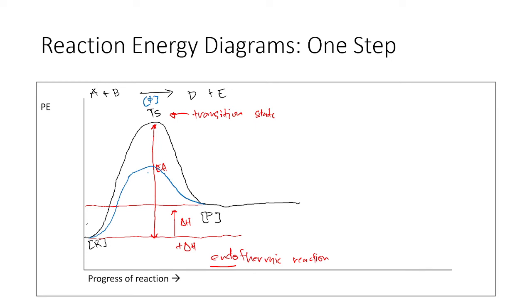So ganun yung ginagawa ng ating catalyst. So meaning to say, this blue line is our EA whenever we have F, which is our catalyst. Okay? So that is how